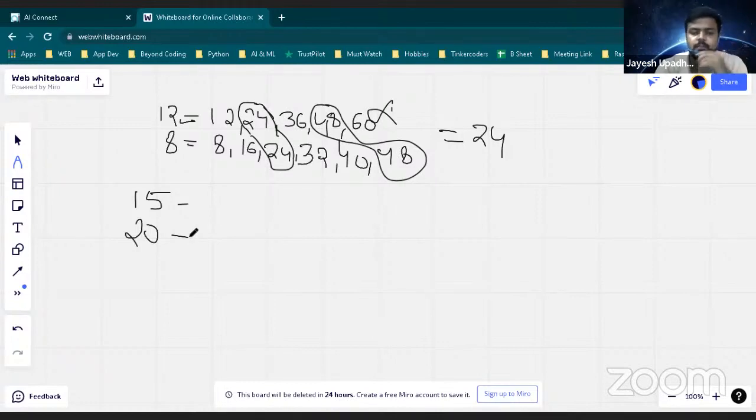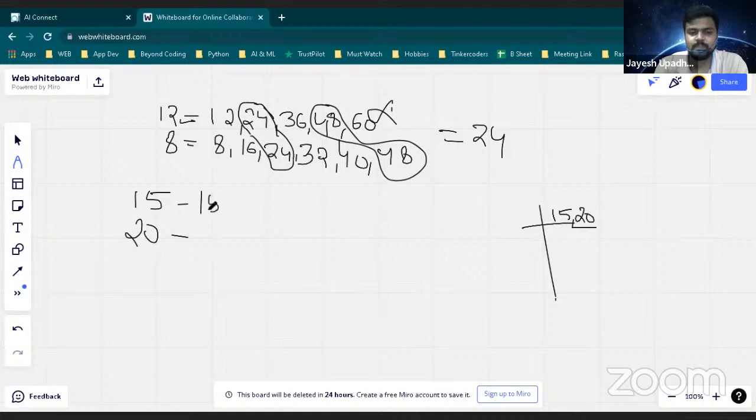We have done this thing before also, and there are many other methods also. This is one of the methods. Even you can do it like this also: 15, 20. This you have done, right? Okay, try to do it this way. Anyways you can do. I hope it's not hard, right?